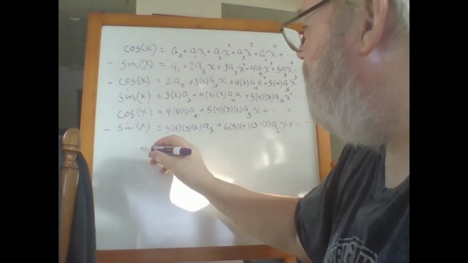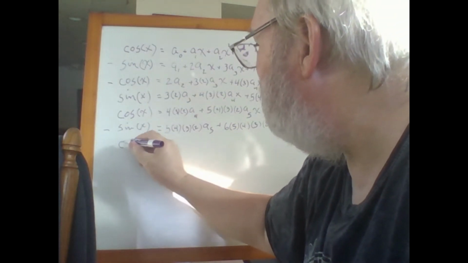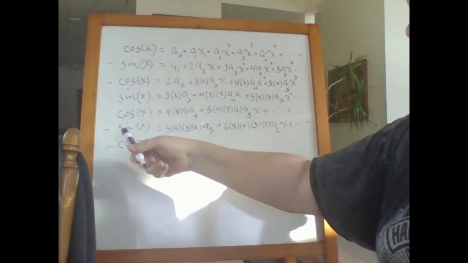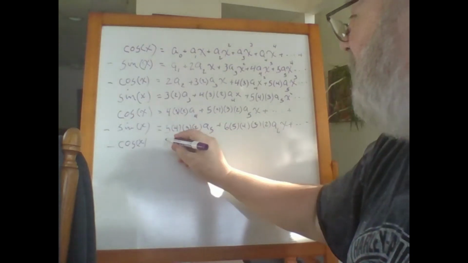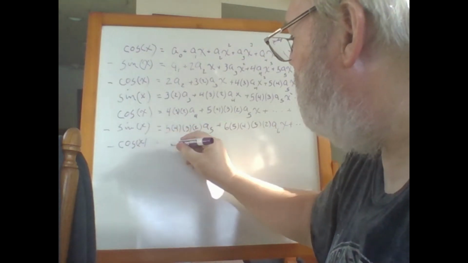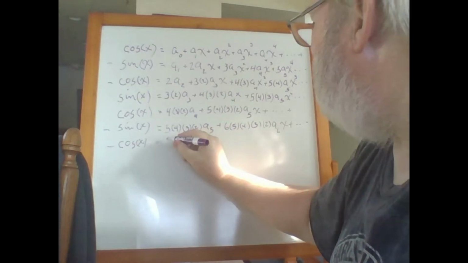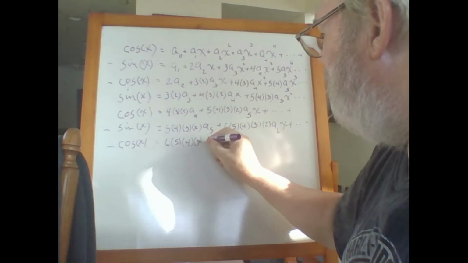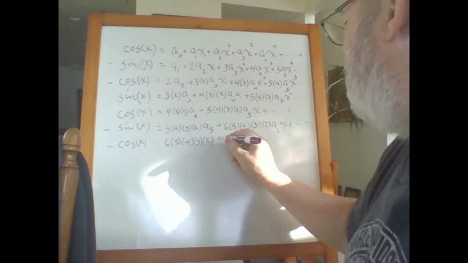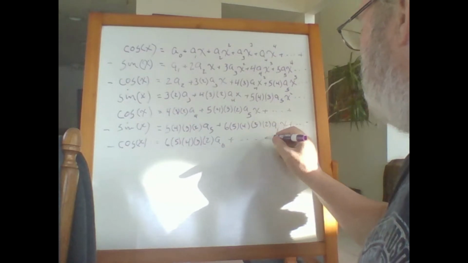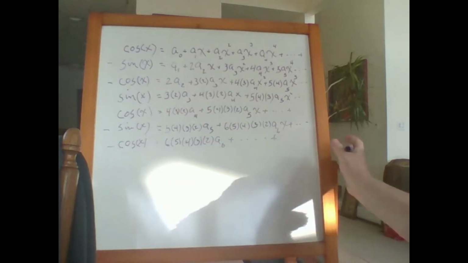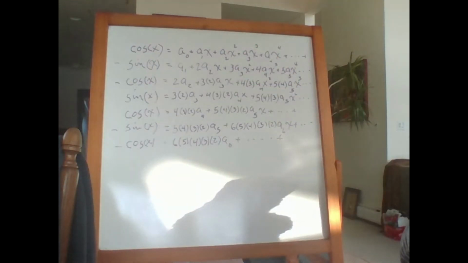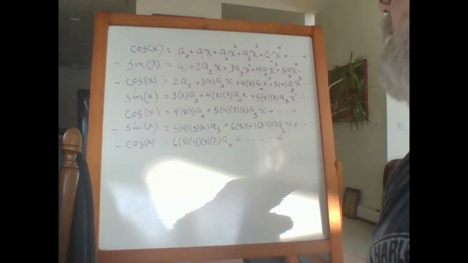And so we have cosine of x, and that's minus because we got a minus sign there. And this is going to be 6 times 5 times 4 times 3 times 2 a6 plus, now we could go on forever like this, okay? And look how full this board is. It looks like a mess, but it really isn't, because we're going to